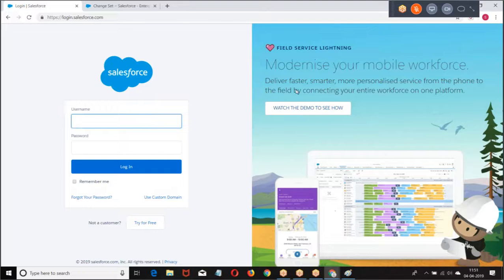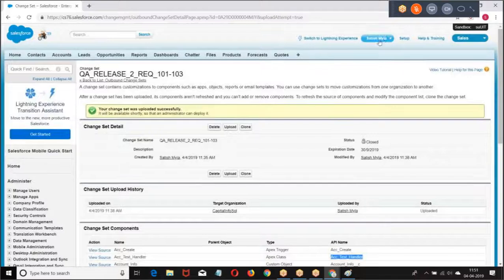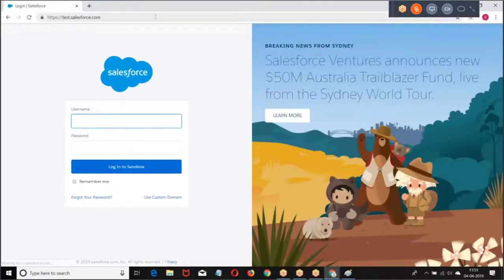What is the other way of deployment? The second format we'll try is using Ant. How to deploy the code using Ant. Generally, companies will use change set or Ant, any one they'll be using.